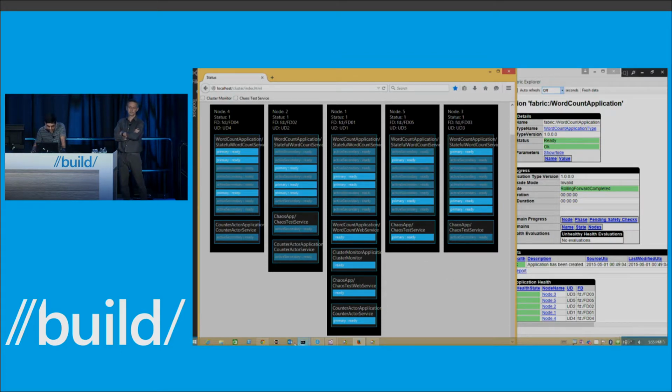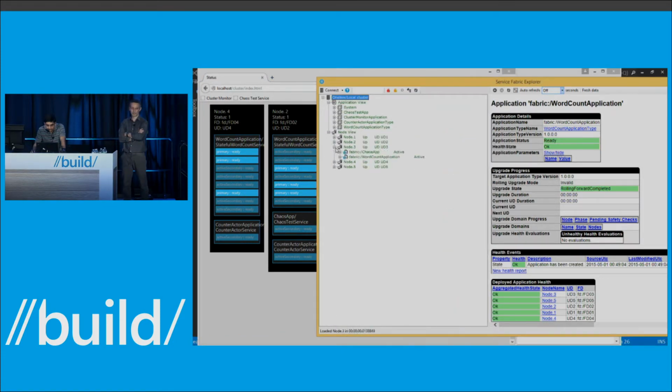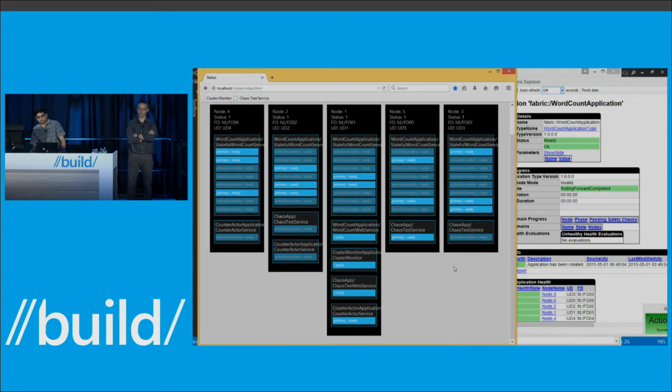So now let's go ahead, and this time I'm not going to do a failover. All I'm going to show you is what happens if a node were to go down. This is node 3, so let's go ahead and shut down node 3. You'll notice that we take failover action, and all of the primaries that are located here will switch to a different node, as well as all of the active secondaries that are marked as down. So the partitions, the primaries that were here, are still available. This is the same failover in a different visualization. I'll go ahead and re-enable the node.